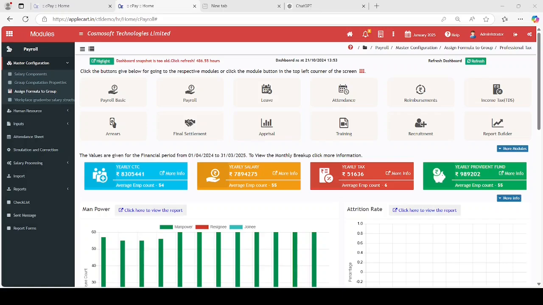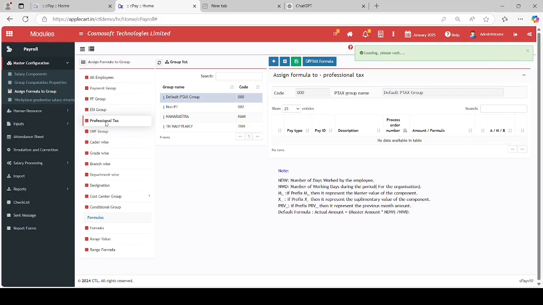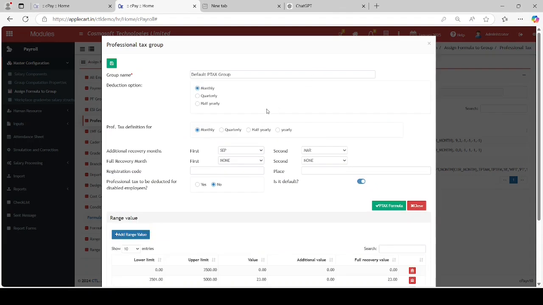Now, let's demonstrate how to configure professional tax in cPay software. In cPay, you can create a group for professional tax computation and assign employees to the appropriate group. Select the Professional Tax menu option to display the list of groups created for professional tax. Choose the group you wish to configure for computation. Click the PTAX formula button at the top of the screen, and a dialog window for configuring professional tax will